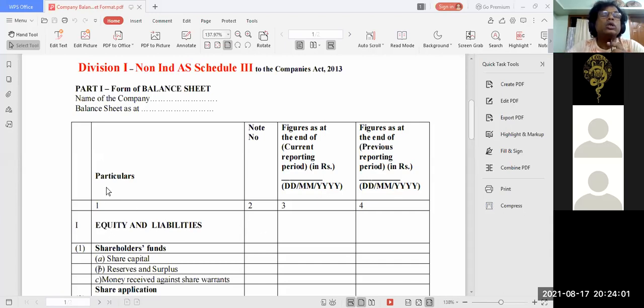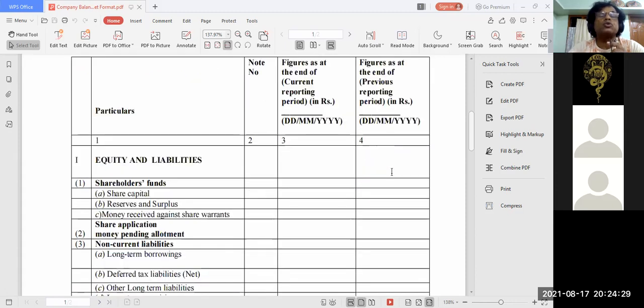Now look, 1, 2, 3, 4, 5 columns are there, and the first column is for serial numbering, etc. Then particulars, note number. What is note number? I'll be telling you. And for amount, how many columns are there? Amount for how many columns? Tell me. 2. Very good. So the first column will be current year figures. Second column will be previous year figures, because the company wants that you show last year's figure also.